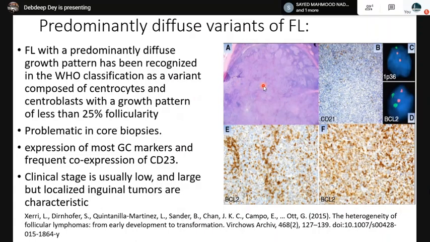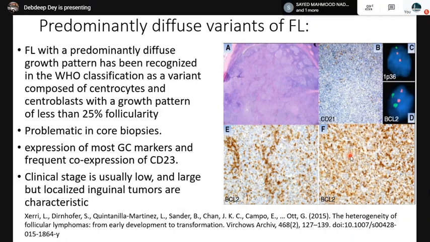Because follicular lymphoma with a predominant diffuse growth pattern is a variant composed of centrocytes and centroblasts, with a follicular growth pattern in less than 25%. So this is a CD21, which is showing a loss of dendritic cell meshwork. And there you see the BCL2, which is staining much less within the follicles, but a little bit more within the diffuse areas. So this is a real problem in core biopsies,